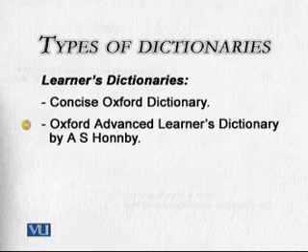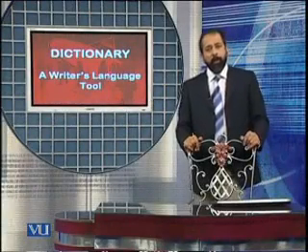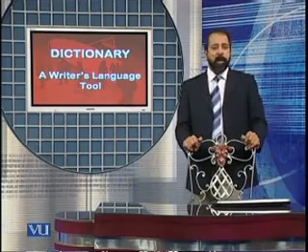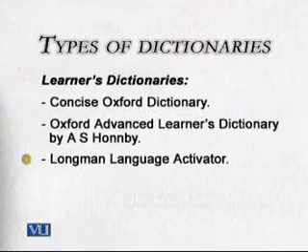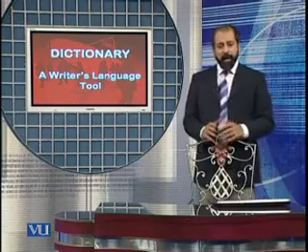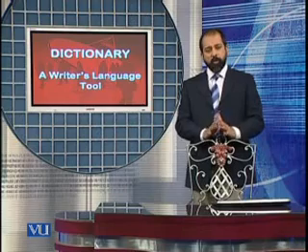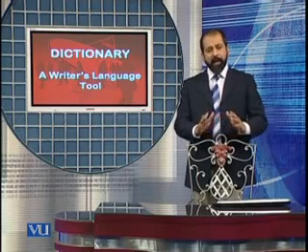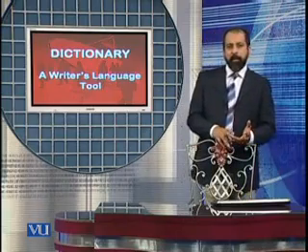Next one is Oxford Advanced Learners Dictionary, which I already mentioned. Quite nice, helpful, good for language learning, good for reference also, and it gives you all possible pieces of information which one may wish to have about the words they are trying to look up. Next one, Longman Language Activator. Now, this Longman Language Activator is quite a different dictionary. Unlike Oxford Advanced Learners Dictionary, in Longman Language Activator the lexicographers have tried to make it serve two needs, for example. Number one, the needs of writers, and number two, the needs of speakers.